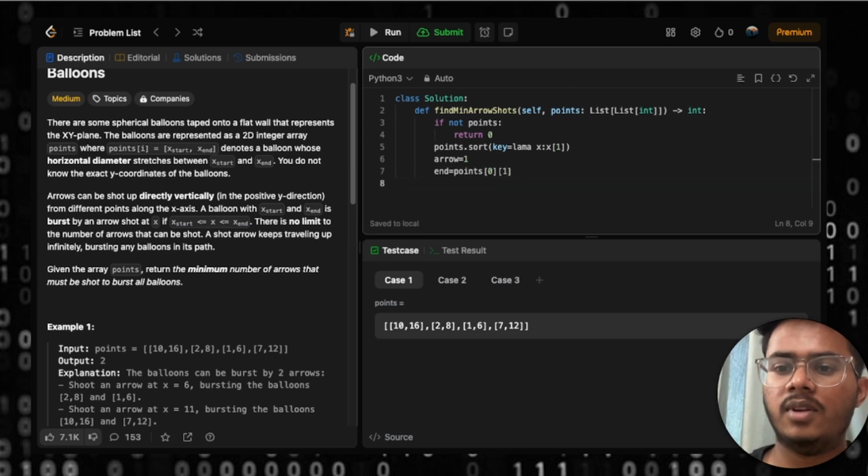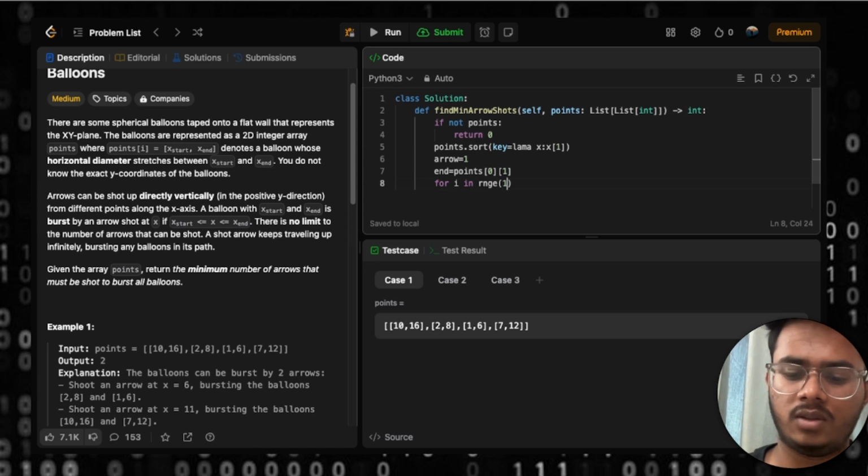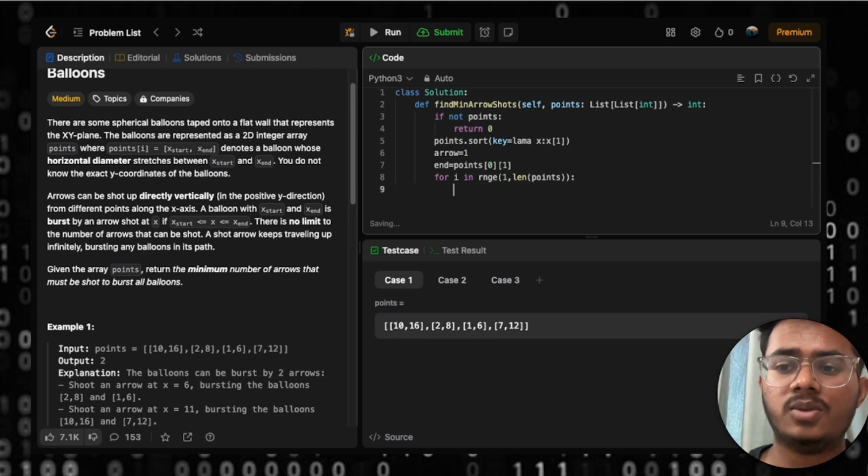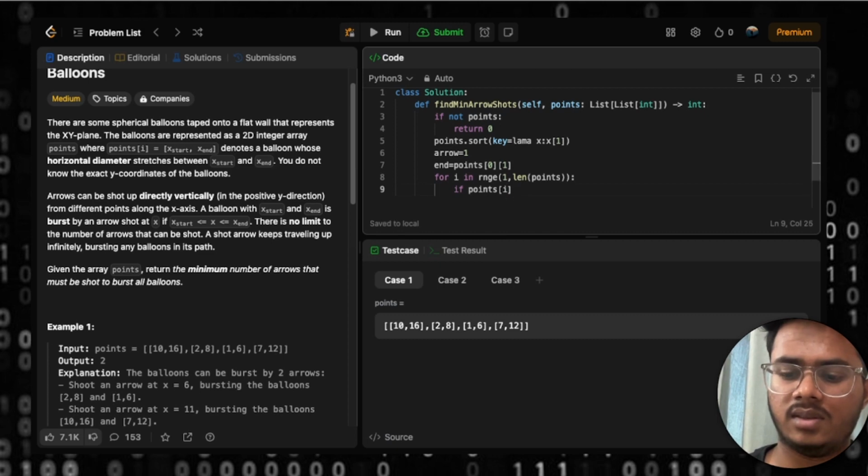After doing this, we will be taking a for loop. If the current balloon starts after the previous balloon, we need to shoot another arrow. For that, I'll be taking a for loop for i in range 1 comma len of points. If the current balloon starts after the previous balloon, we just need to shoot another arrow. For that, I'll be taking an if condition: if points of i and the starting index is greater than the end,